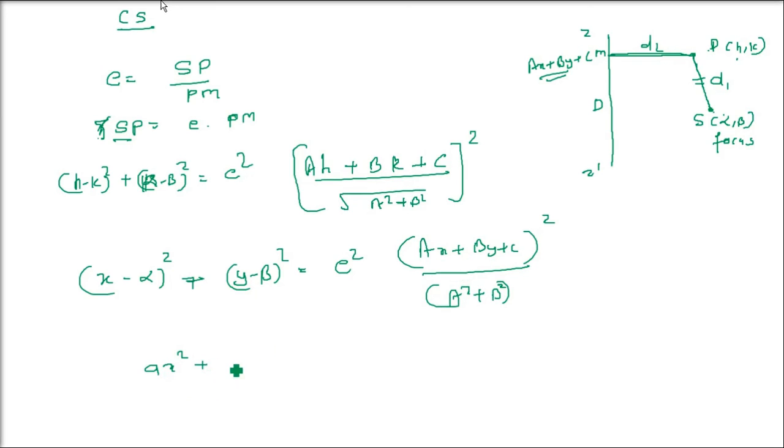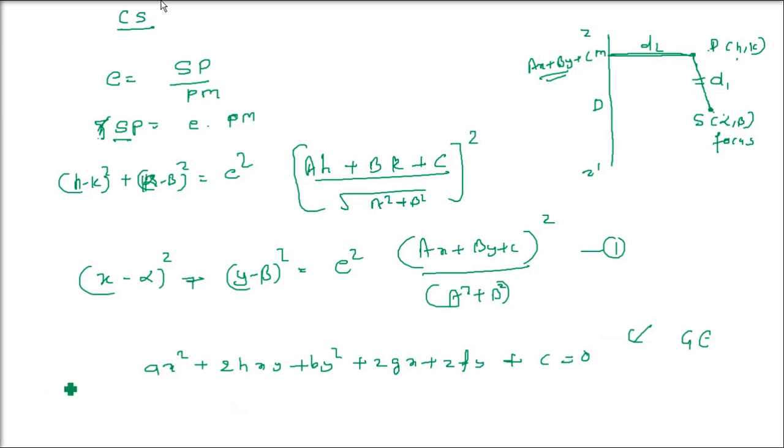We also have a Cartesian equation. When we simplify, what do we get? This is again a form of a conic equation: Ax square plus 2hxy plus by square plus 2gx plus 2fy. This is one of the equations, right? When you resolve it, you will get an equation, and this other equation which I am telling is the Cartesian equation of a conic section. This is also a general equation of second degree for a conic section.